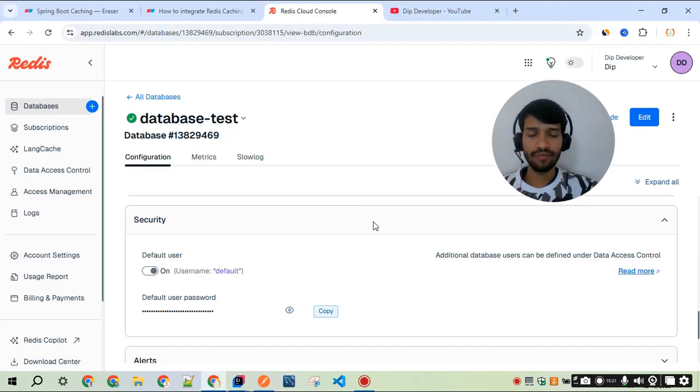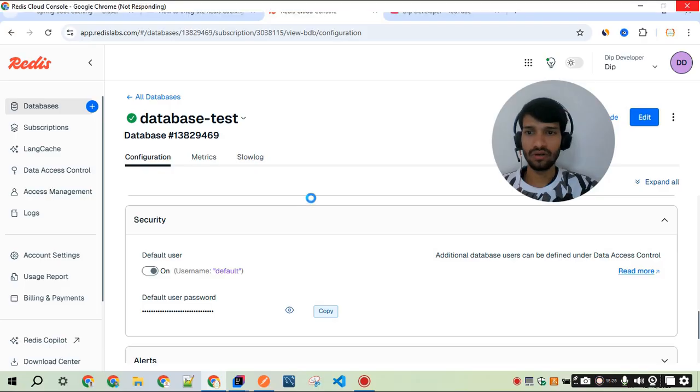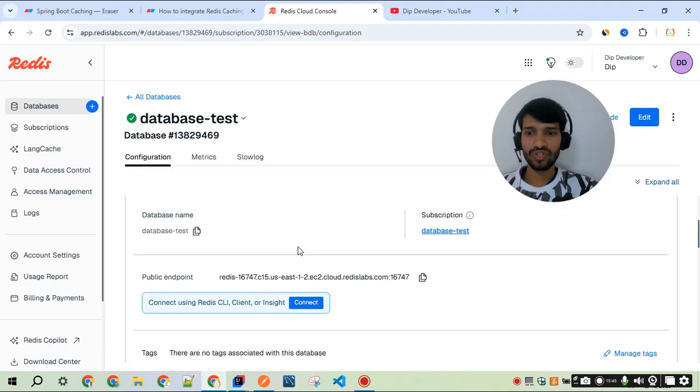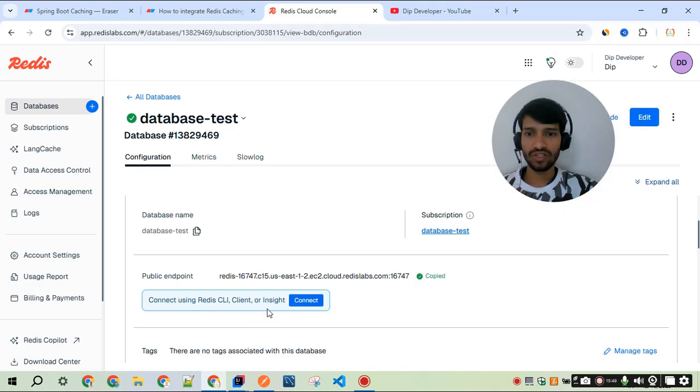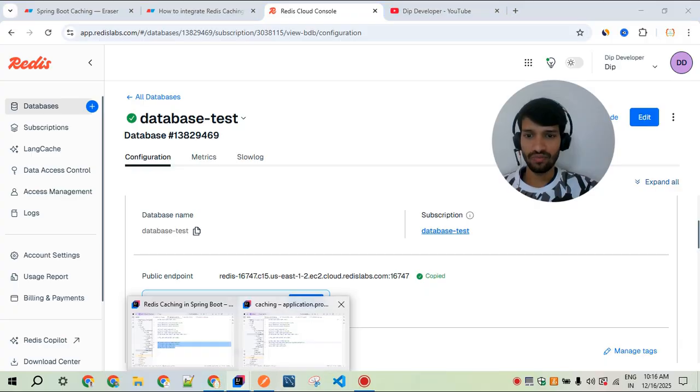And next is that port and the Redis URL. So go back, go to this top. So if we see that we have the public endpoint, we copied it, and next we will see how to connect to this Redis Insight in this web only. So we will paste it here,